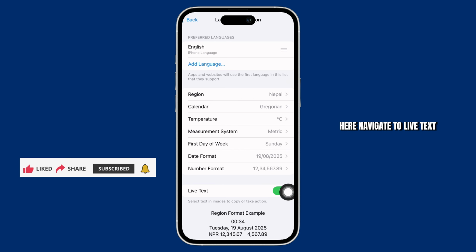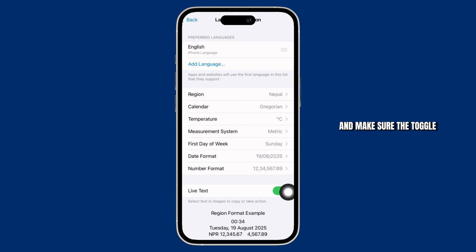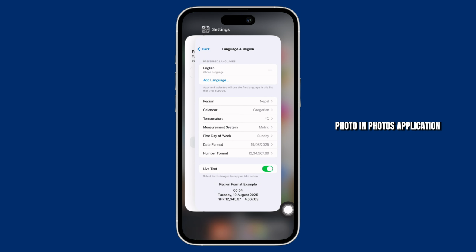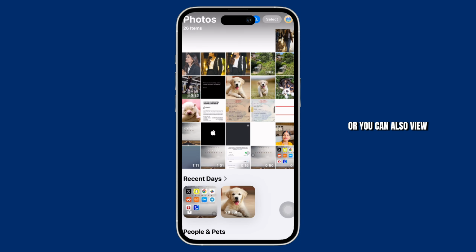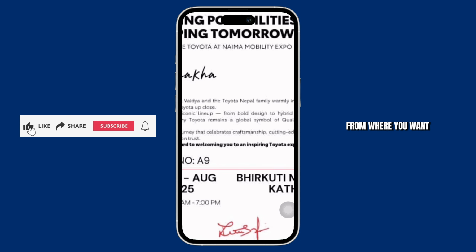Here, navigate to Live Text and make sure the toggle button for Live Text is enabled, and if not, then go ahead and enable the Live Text toggle button. Now, go back and open Photo in Photos application, or you can also view your screenshot from where you want